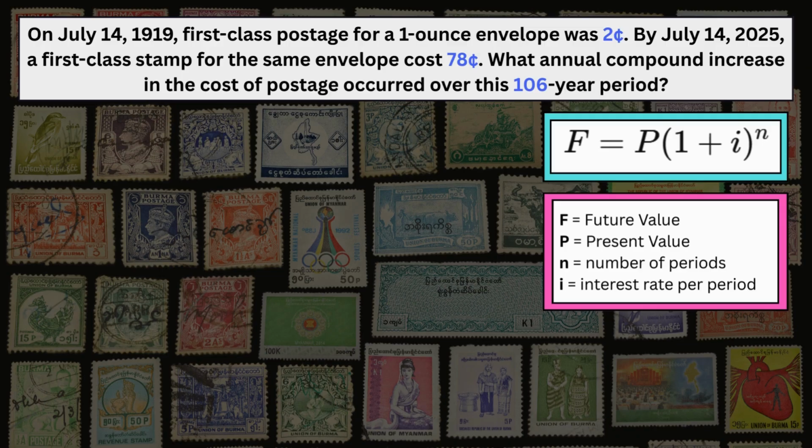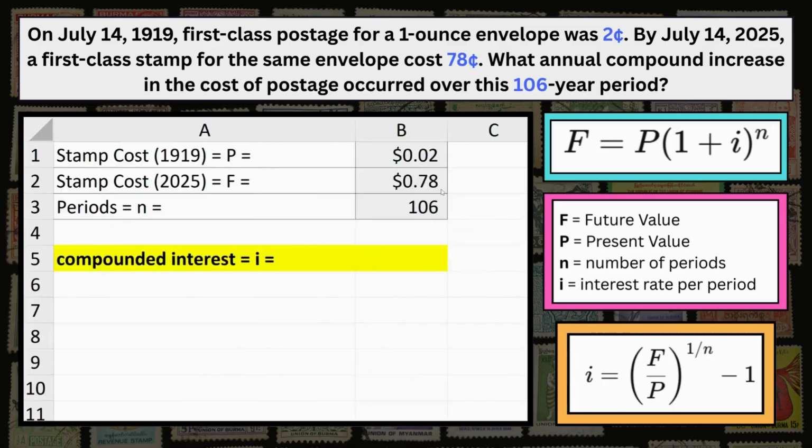Rearranging the formula to solve for i, we get i equals (F over P) to the power of 1 over n, minus 1. In Excel, we enter the formula as follows: equals B2 divided by B1, to the power of 1 over B3, minus 1. The result is